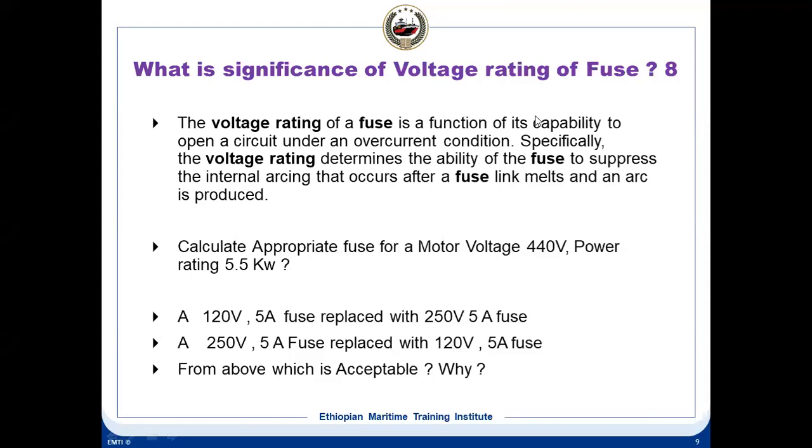So that is a safety factor. You need to multiply the safety factor with the current, so that you need to put a higher amps fuse. Because if the total current is 5 amps, you cannot put a 5 amps fuse. So you have to multiply with the safety factor of about 1.25. Okay, so this is the importance of fuse.